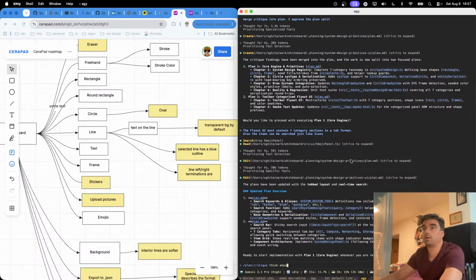Think about the shapes that the, think about the base primitives context of simple system design scenario like